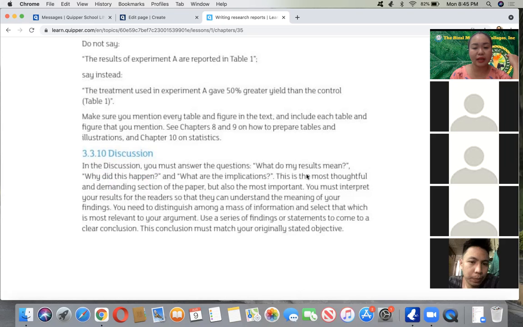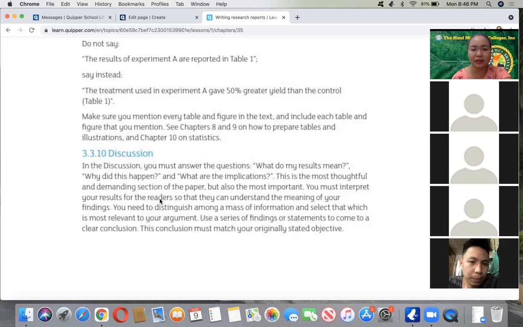You will answer the meaning of the result, and you should comment on why you think this happens and what is the effect or the implication of this. And in this, although you won't yet do a discussion, when you do your OJT, even if it's narrative, you still have to discuss the result of your experience or on-the-job training. This needs deep thinking, and it's very demanding because you have to use your own imagination, your own thoughts on this, and also